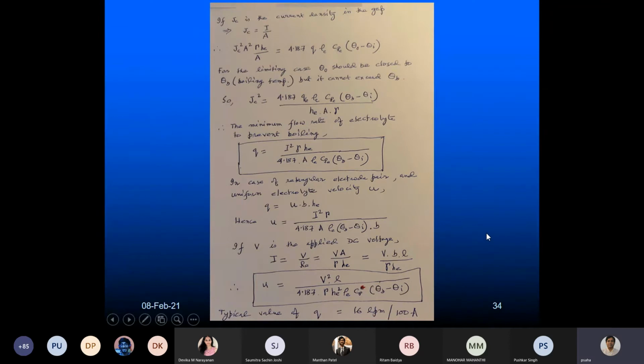So now onwards I'm going to talk about how small holes can be drilled through electrochemical machining. That comes under the special applications of electrochemical machining. Last class I talked about the deburring process. Now, how small holes are drilled in the ECM process. With that I will conclude this chapter.